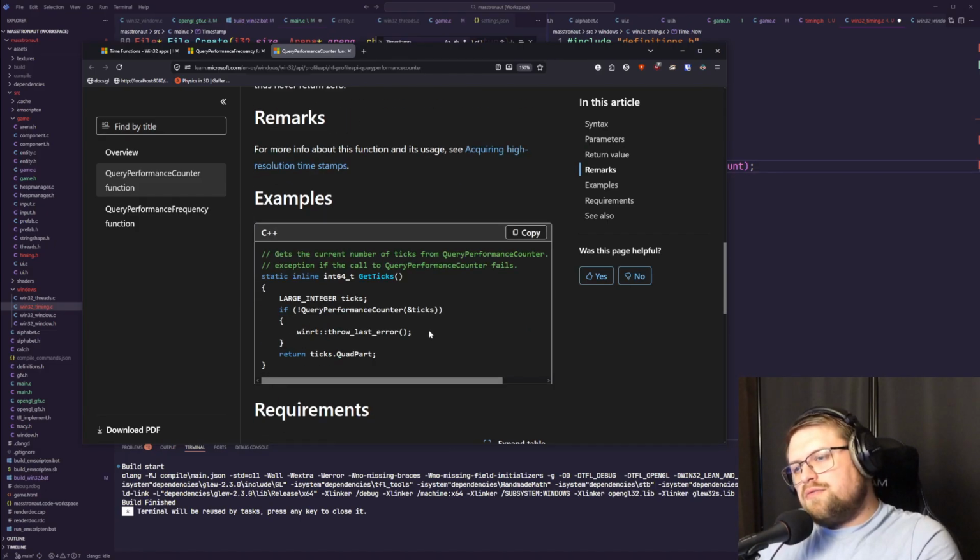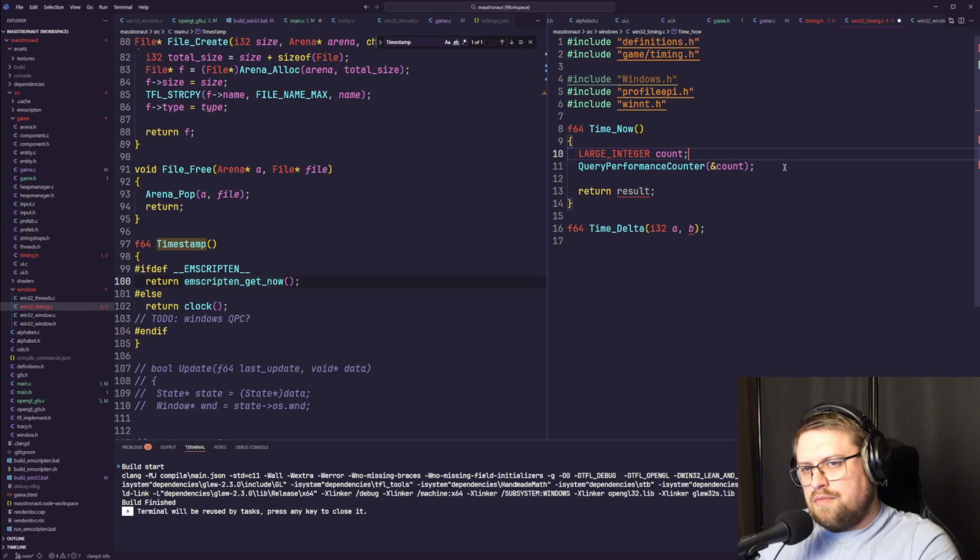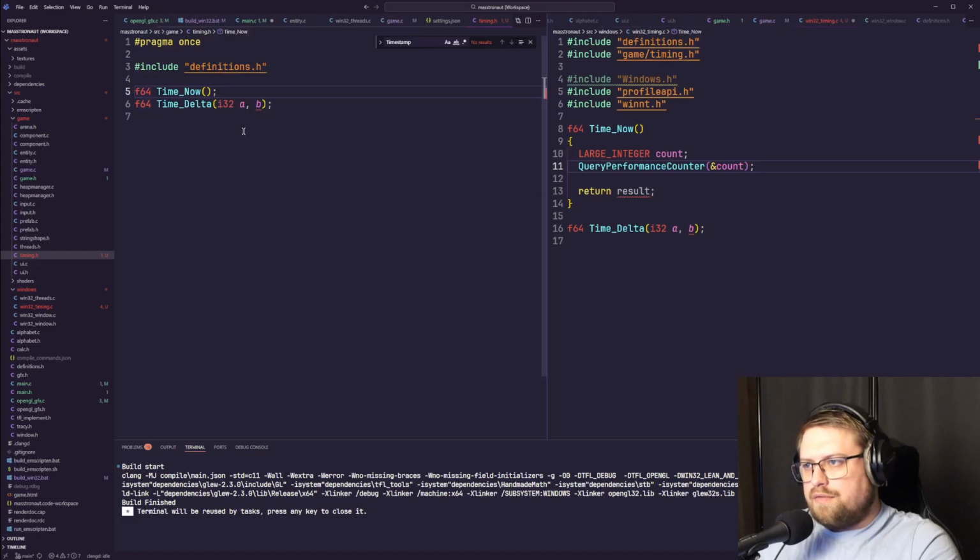So I think I don't really care about how many microseconds have passed since the start of the program or start of the computer. So I believe we should have